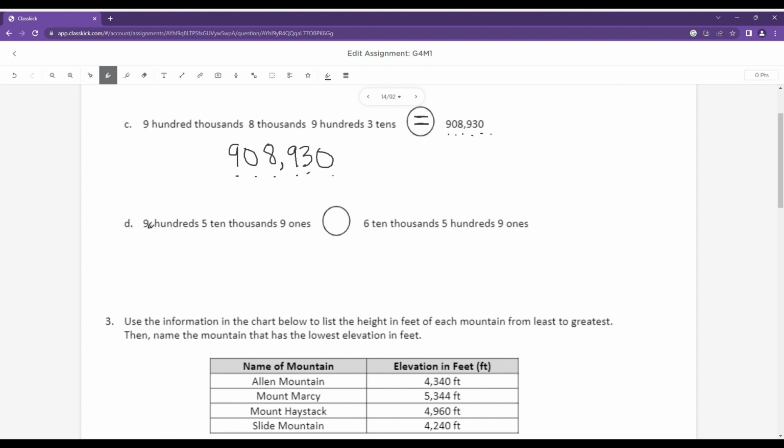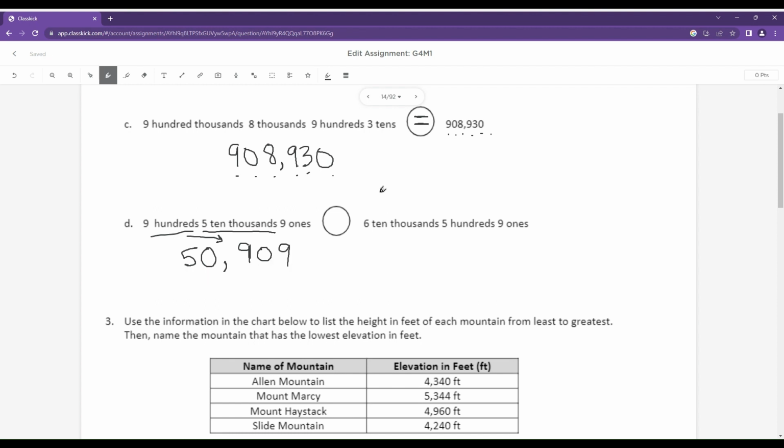Letter D shows 9 hundreds, 5 10,000s, 9 ones. Let's put that into standard form. So 9 hundreds would be just 900, 5 10,000s. Oh, so these are a little bit out of order because the 10,000 is actually the greater place value. So I'm going to put a 5 in the 10,000s over here and 9 ones. So 5 10,000s would be here, but I don't have any thousands that it tells me, so I need to put a 0 there. Here's my 900s, so that's why that's over there. 9 ones means that I don't have any tens, but I do have 9 ones to make